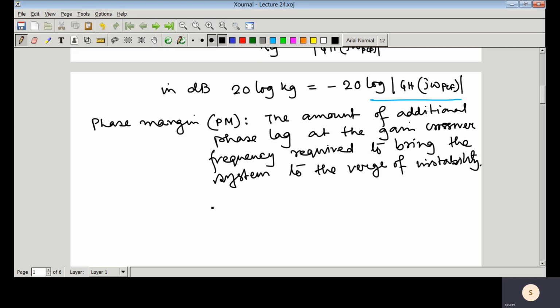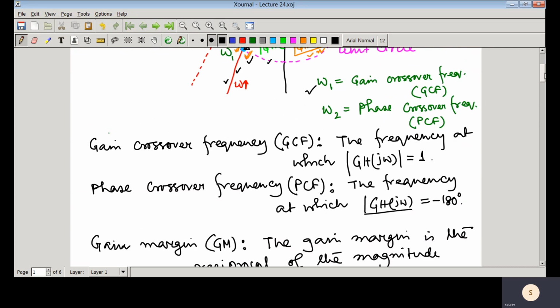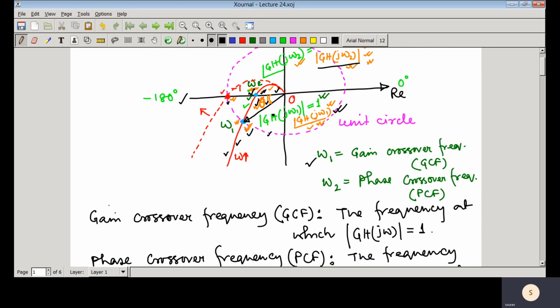So how can you quantify that phase margin? So this is phase margin. Phase margin is equal to 180 degrees plus that angle of GH(jω), and that ω is at the gain crossover frequency. So basically at the gain crossover frequency, in case of a stable system, we can see that this phase angle, say